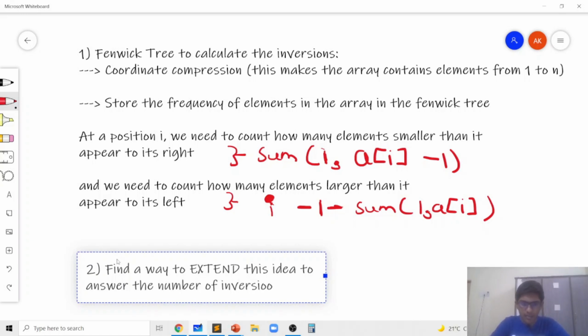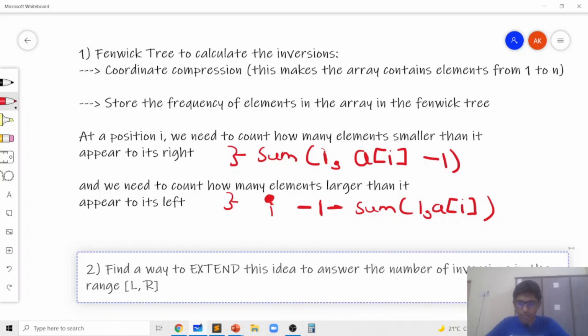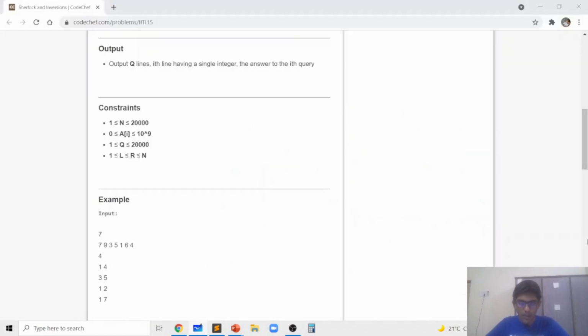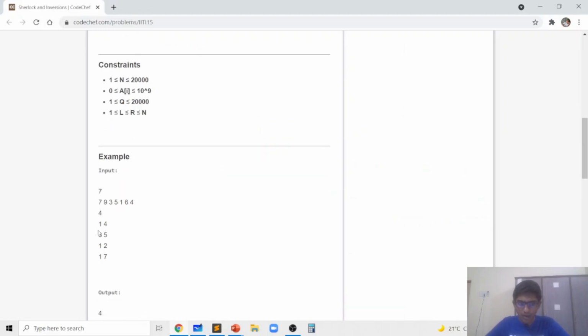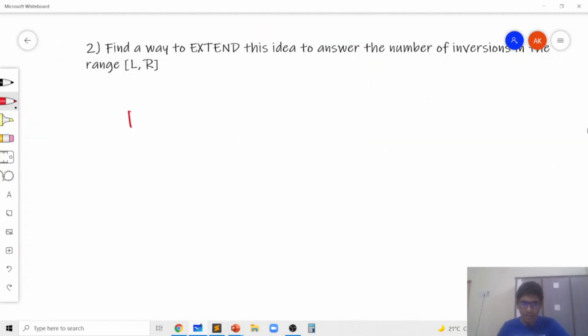And to find this value, we are going to try to extend this idea. A natural way to extend it would be to use the Mo's algorithm, mainly because whenever we have a range L to R, in the Mo's algorithm, there are actually four types of things which happen.